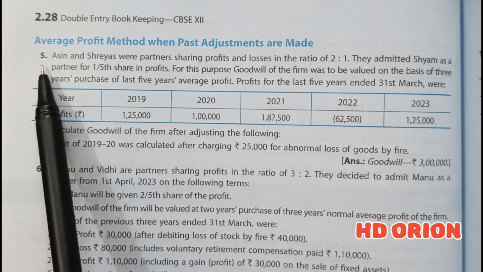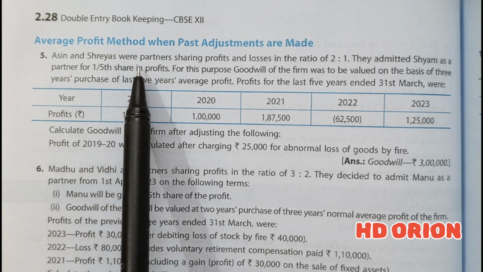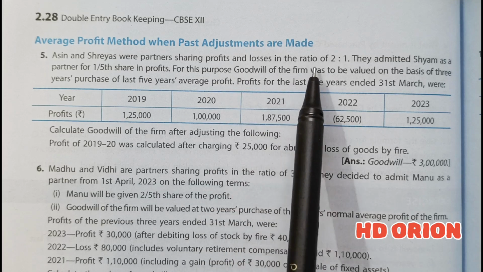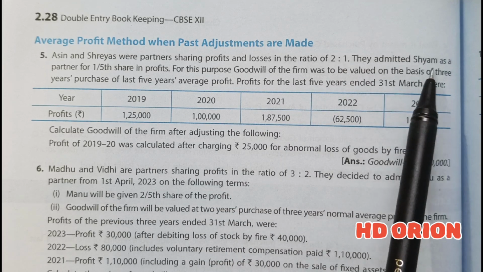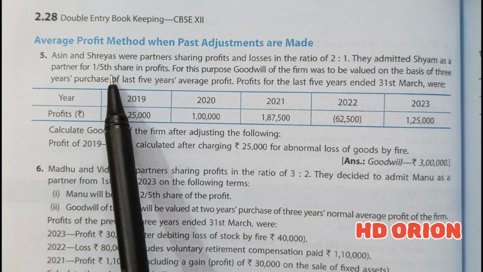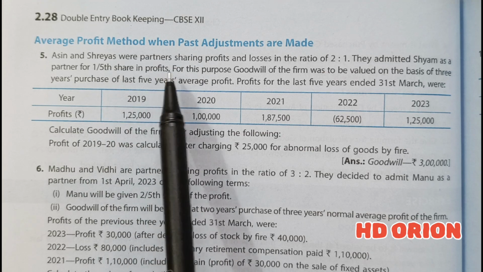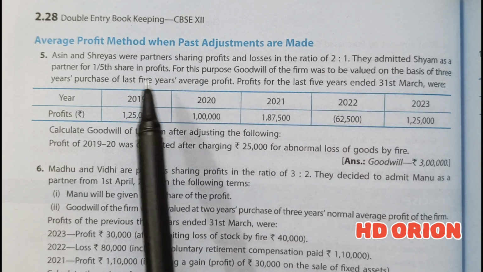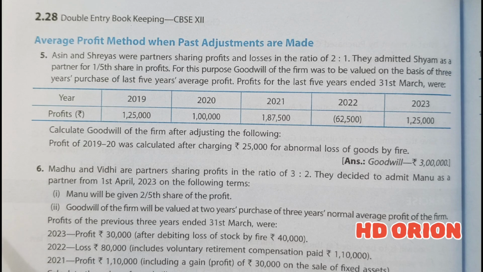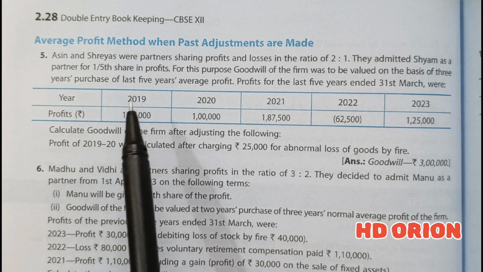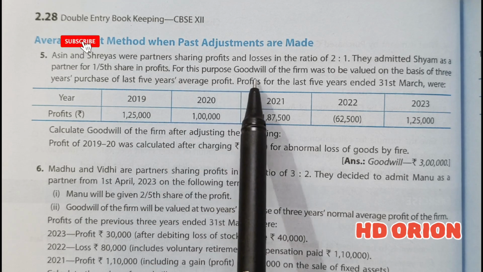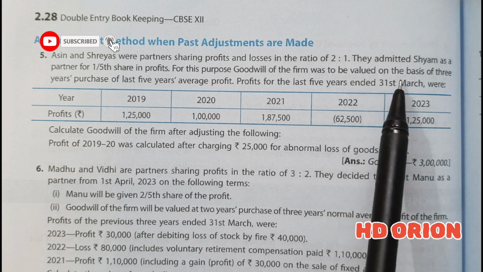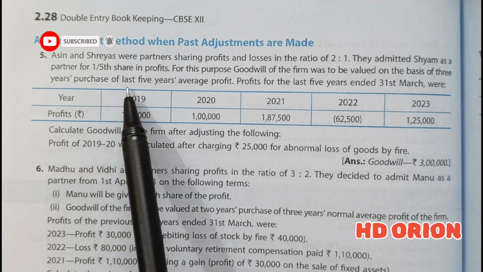Let us see question number 5. Asin and Shreyas were partners sharing profits and losses in the ratio of 2:1. They admitted Shyam as a partner for 1/5 share in profits. Now here the case is admission of a partner, and admission of a partner is a time when goodwill is to be calculated by the firm. For this purpose, goodwill of the firm was to be valued on the basis of 3 years purchase of last